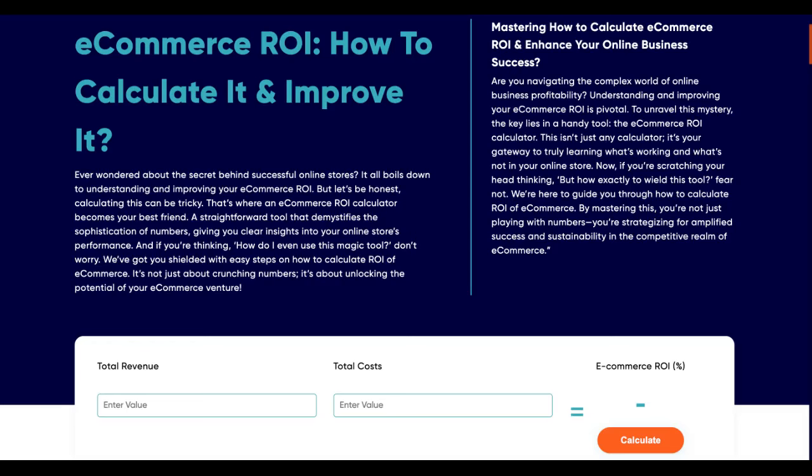In today's session, I will walk you through our nifty e-commerce ROI calculator. But before diving into our calculator, allow me to help you understand why it is an important KPI and how you can optimize your e-commerce ROI. Essentially, e-commerce ROI tells you how much money you're making back for every rupee you spend on marketing efforts, like those on social media ad campaigns. Hence, it is called e-commerce return on investment. Technically, it's the ratio of your profit to your marketing and operational cost.